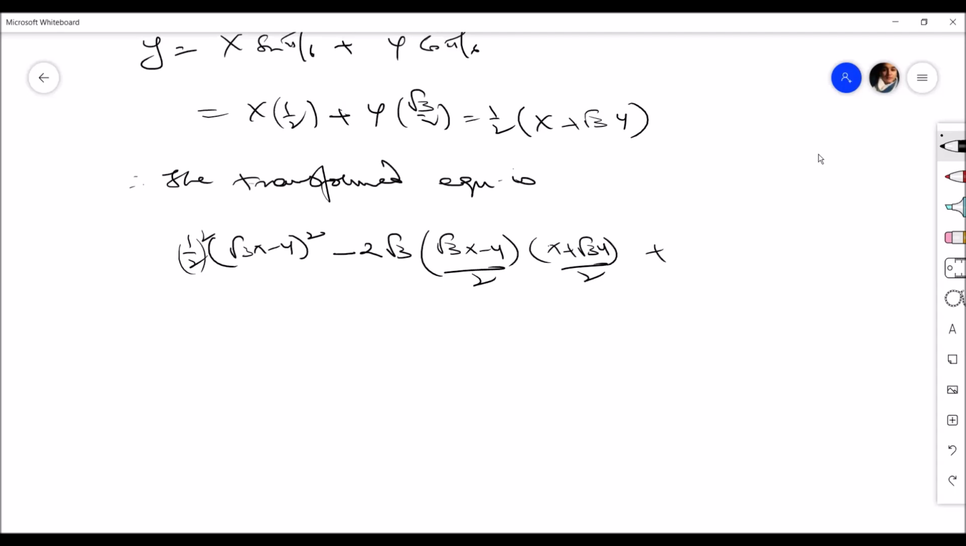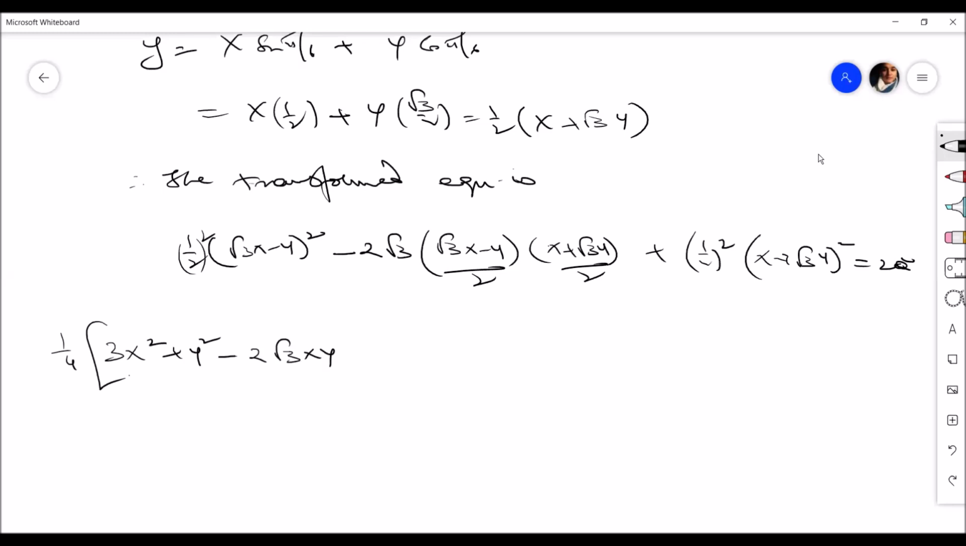So square for this as well, plus y square is nothing but half whole square into x plus root 3y whole square is equal to 2a square. This is anyway constant, has no role to play. So let's quickly expand this equation. So that's 1 by 4 of, I'm taking out this 1 by 4 common from all the terms. So root 3x minus y whole square is nothing but 3x square plus y square minus 2 root 3 xy,